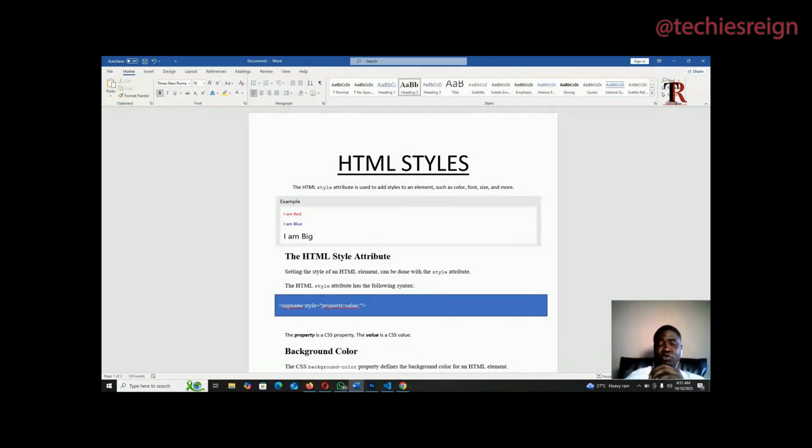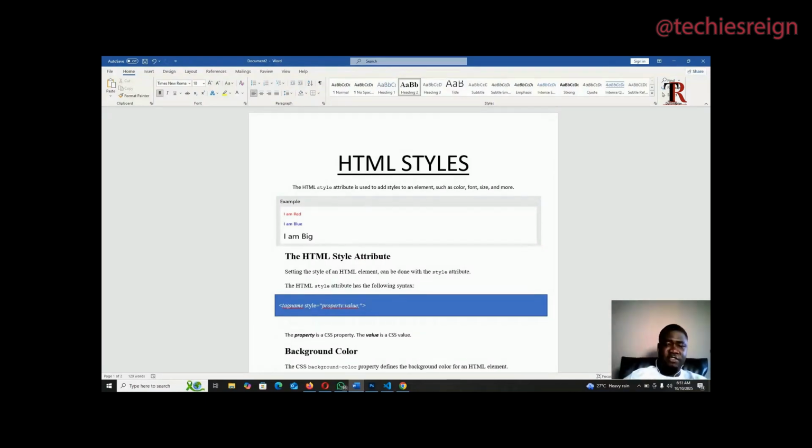So today we want to look at HTML styles. The HTML style attribute is used to add styles to an element. Like the word connotes, style, styling. It helps you to give style to something. It's just like you styling yourself. You style yourself with your clothes, your hairstyle, your makeup, your shoes. You are styling yourself. So when we have our text, instead of having our raw text on our page,